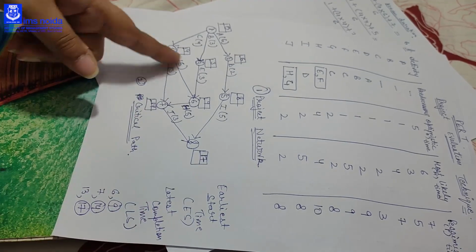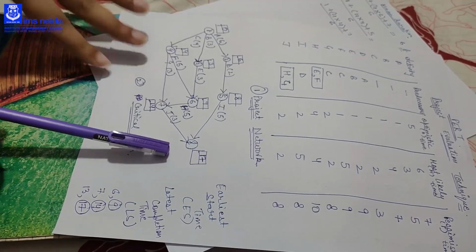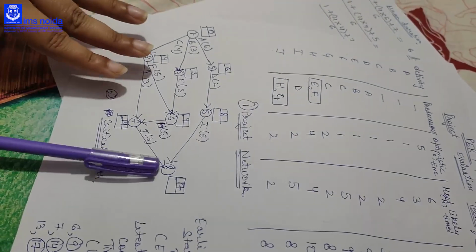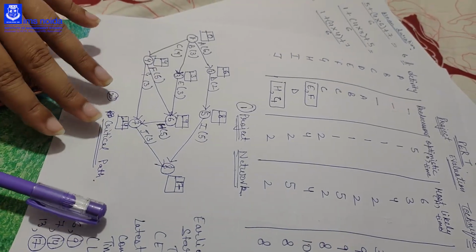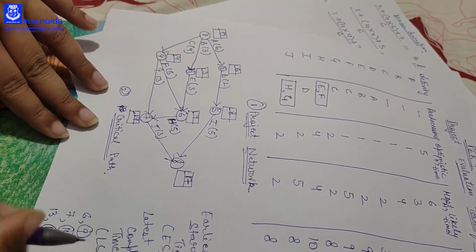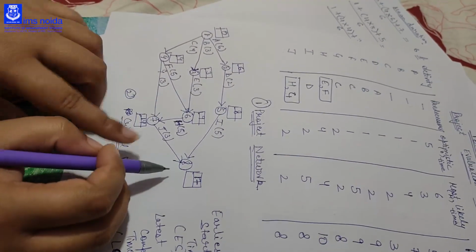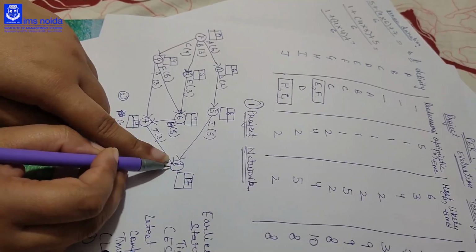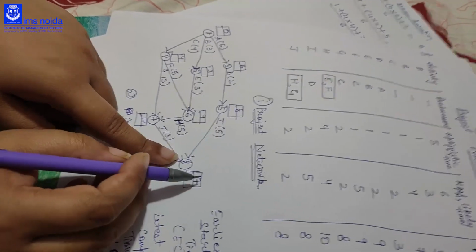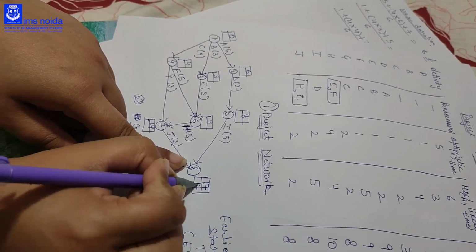Okay, this is the same way which we have done in the critical path method also. This is exactly the same. Now we have to calculate latest completion time, that is LC. So to calculate the LC, again we will start with the end node. In the end node, the LC is same as the earliest start time, that is 17.